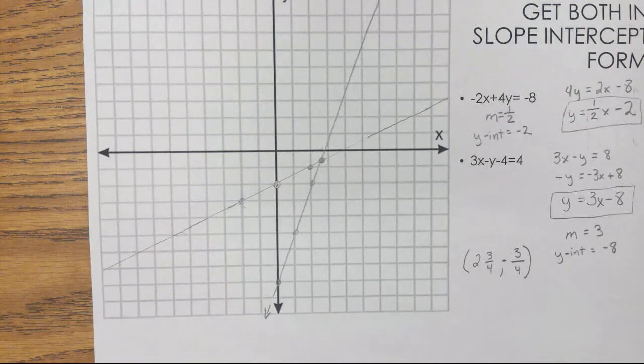Okay, and that is how we would do it. Okay, so you're just graphing each line and then finding out where they intersect, and that's all there is to it,